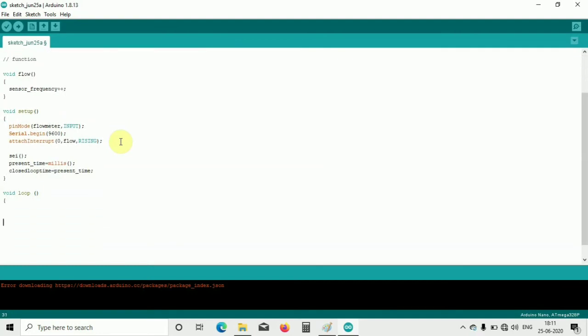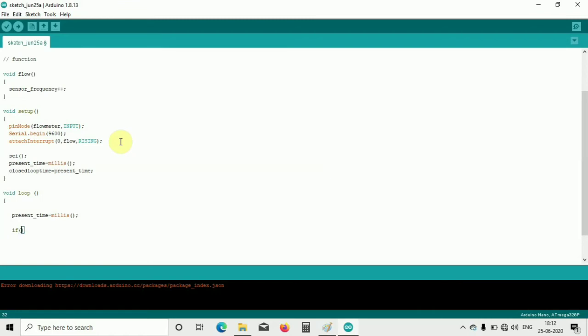Inside this loop I have to write present time is equal to millis. So as I said, this gives the present execution time, and every second we calculate and print the liters per hour.